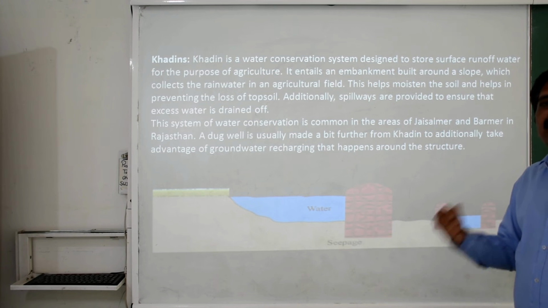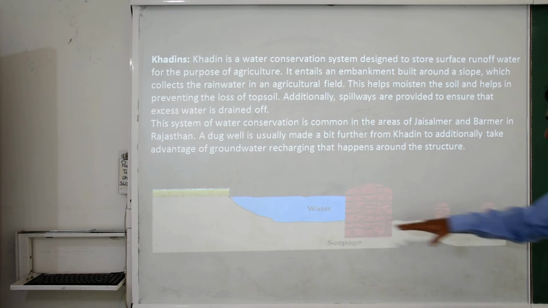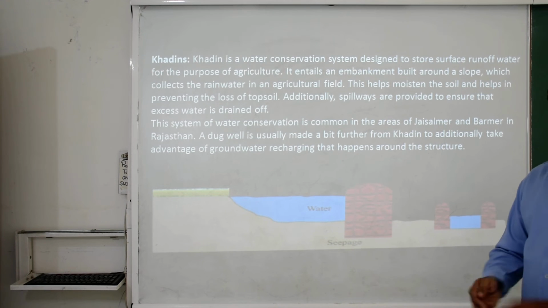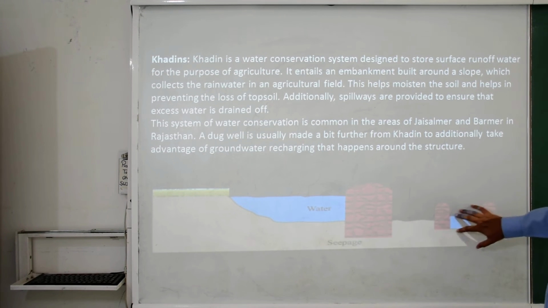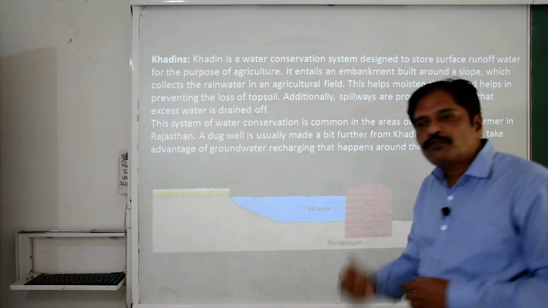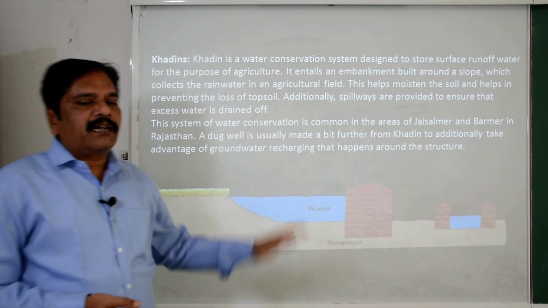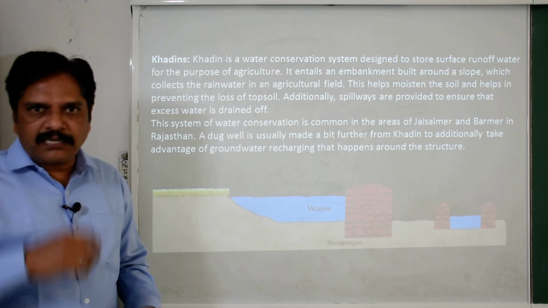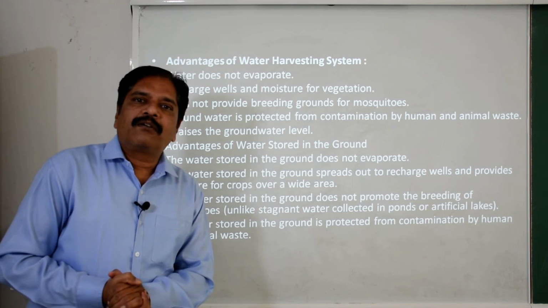But you know that there is seepage in the reservoirs. Okay, so in the low lying area somewhat down from this one, we again construct a deep area or tanks, okay, which is responsible for collecting the seepage of water again. So this way we can recover the loss of water from these reservoirs. These khadins also help to ensure water throughout the year. So this is a good technique for the maintenance of water.